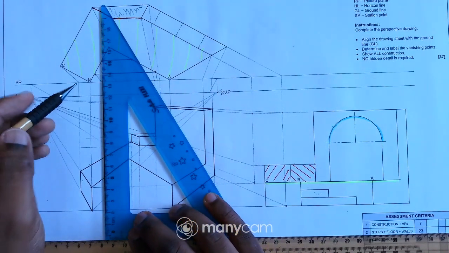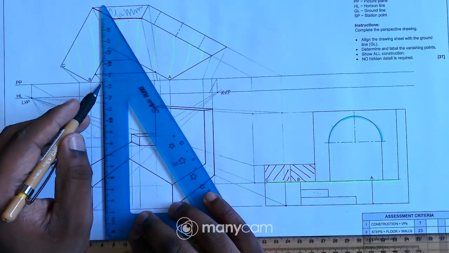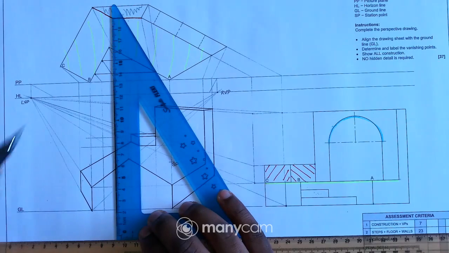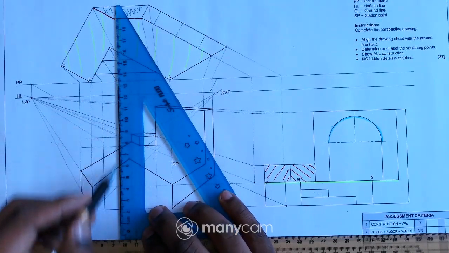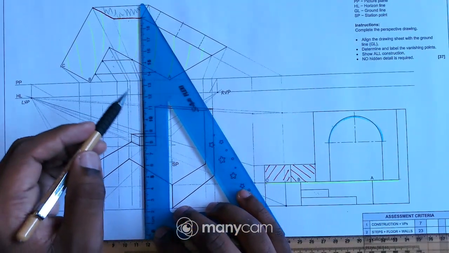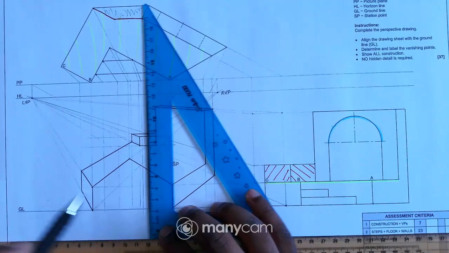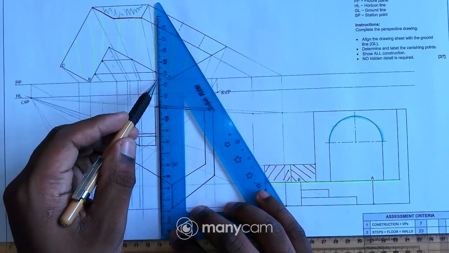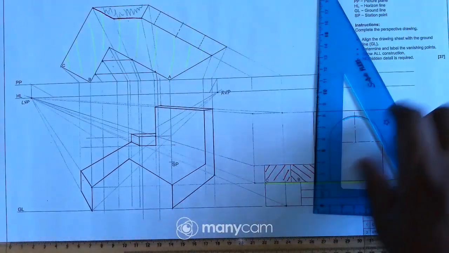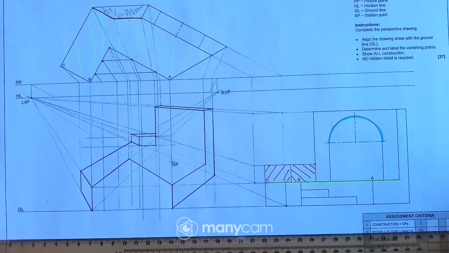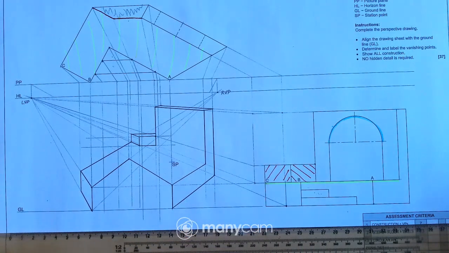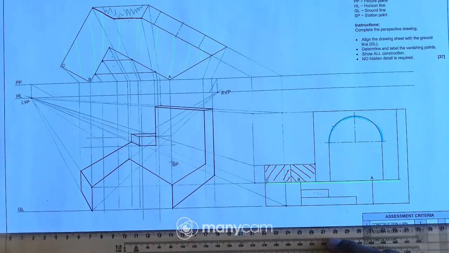And then from there, I can project those points down, draw vertical lines like that, just like that.